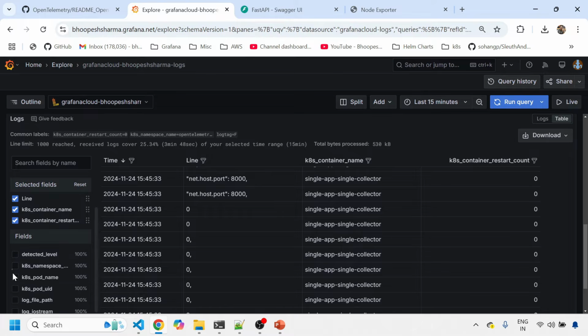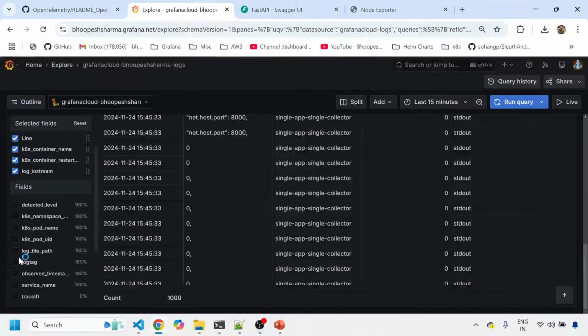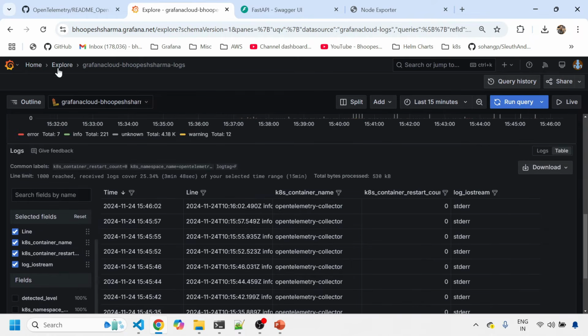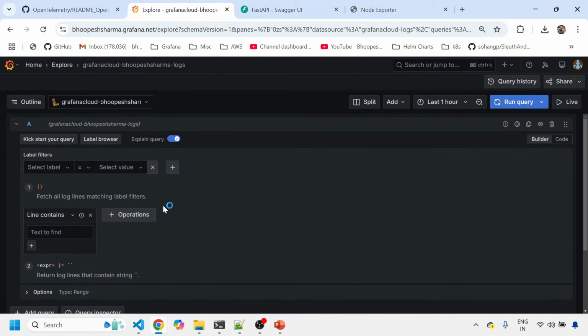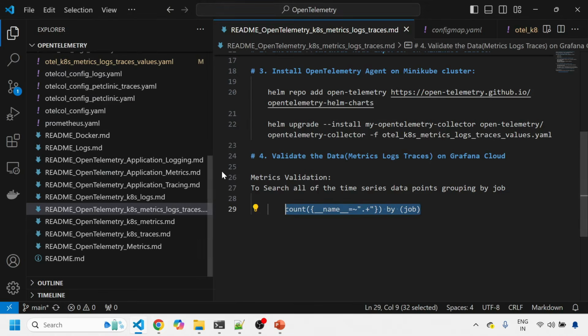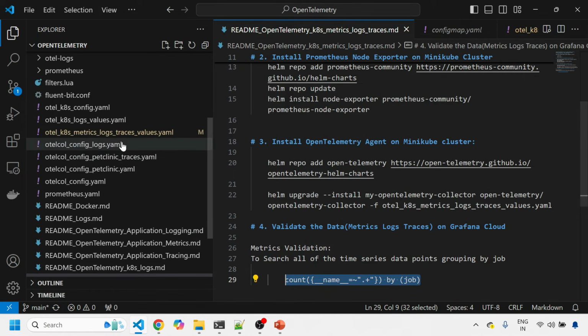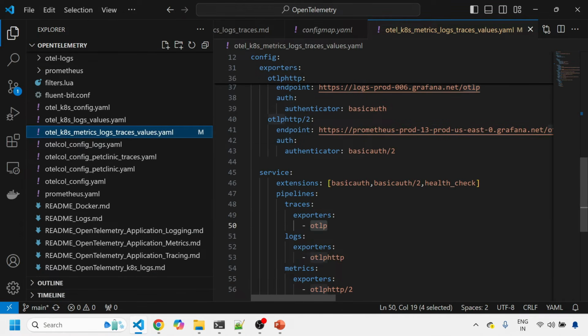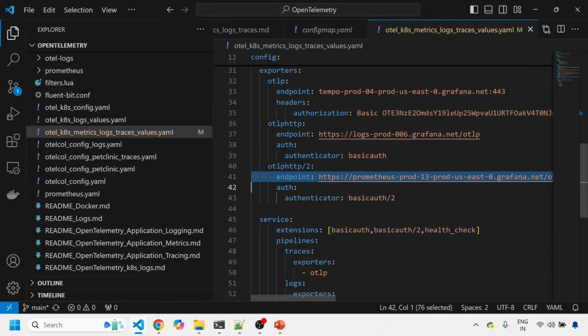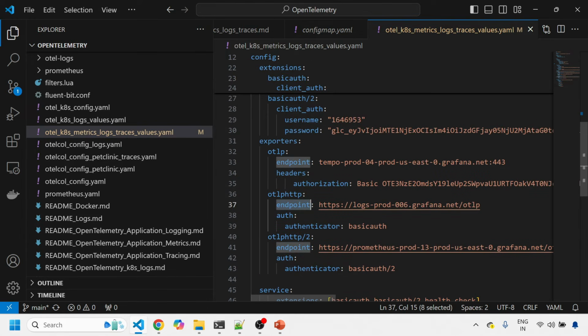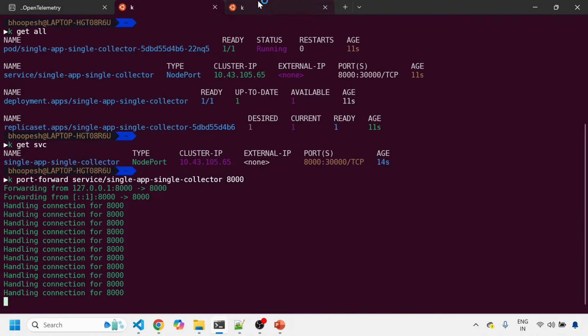I can get the file stream path. All the logs are coming. So potentially, what I can at least assure or confirm to you is that I am getting the data to my logs endpoint, metrics endpoint, and then the Tempo endpoint also. Now going back to this, let me just quickly